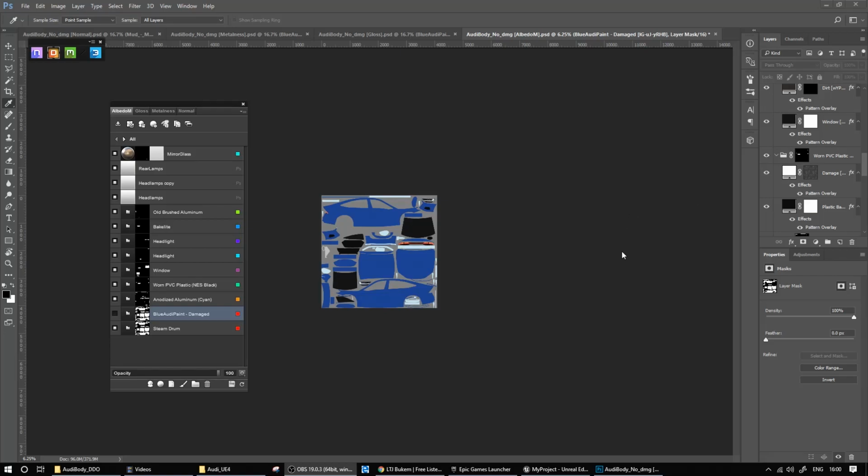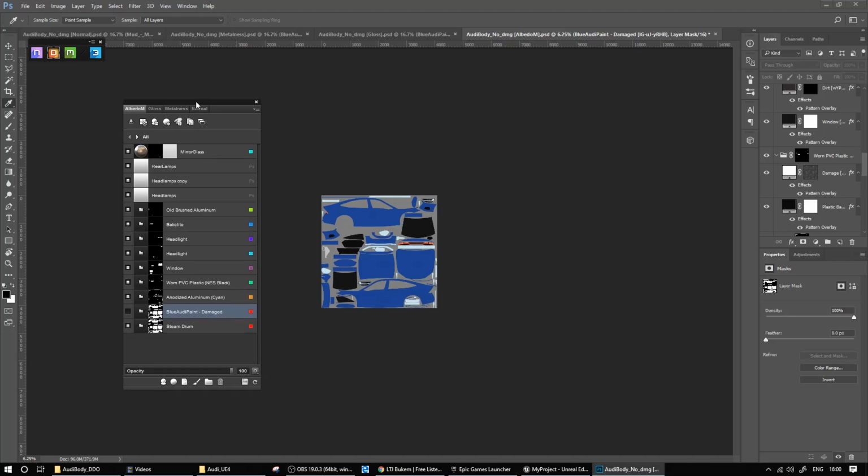So in this video we're going to talk about how to export a set of textures to go into Unreal Engine 4 from Quixel Suite DDO. So let's get started. Okay, so I've got a car here and I've got it all textured and it's all